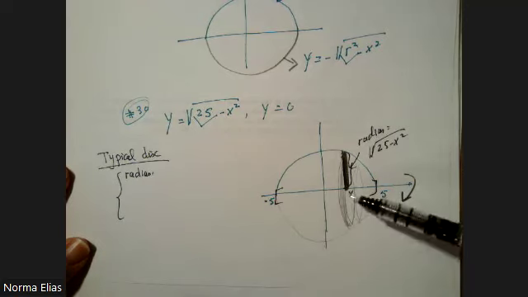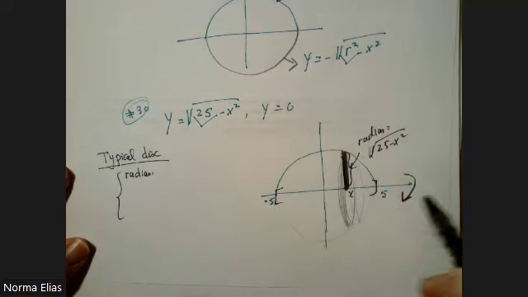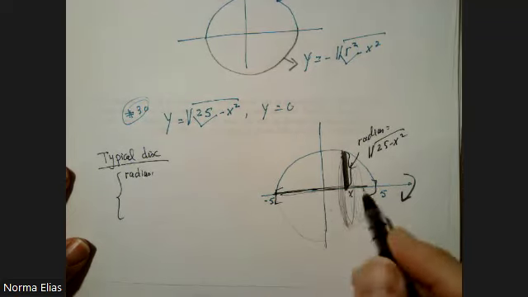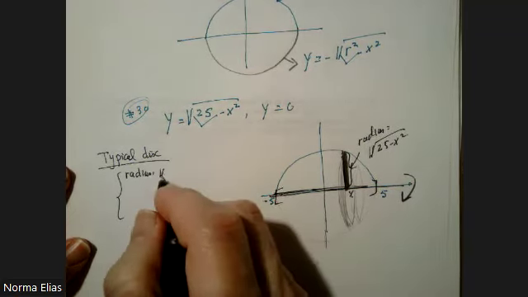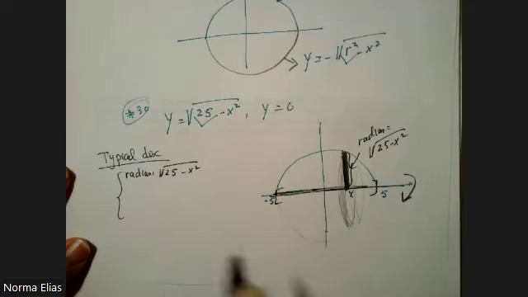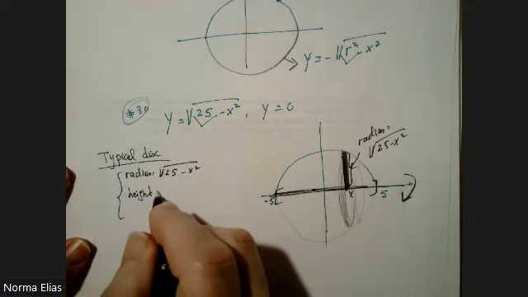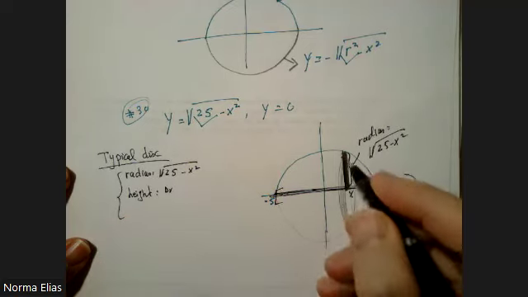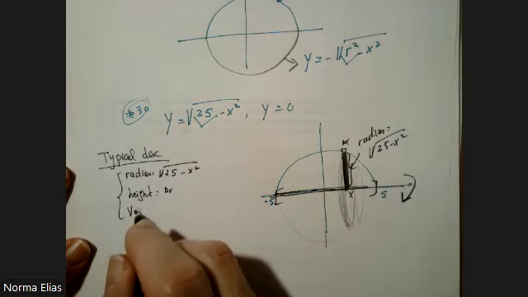So in my mind, what about the y equal to 0? Y equals 0 is the x-axis. So this is y equal to 0. Okay, so I'm taking the upper half. So the radius is the square root of 25 minus x squared. The little height or the thickness of the disk is the little delta x that we want to be very, very tiny. So the volume is